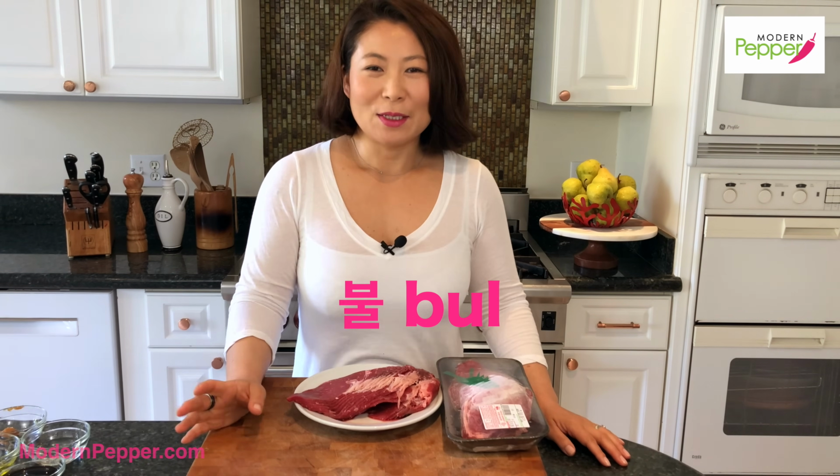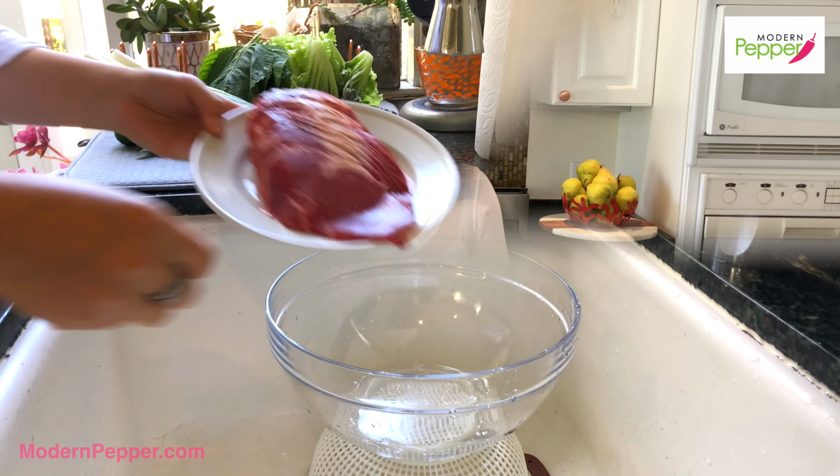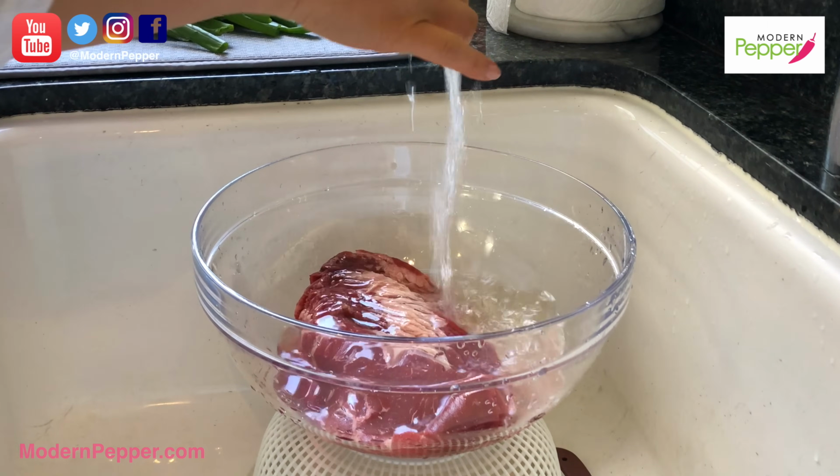Now, I'm going to teach you how to phonetically pronounce this, okay? So it's bulgogi. Some of my Korean American friends that have trouble enunciating in Korean will call bulgogi bulgogi. It's not funny. Okay, so the very first thing to do is soak your beef in cold water,